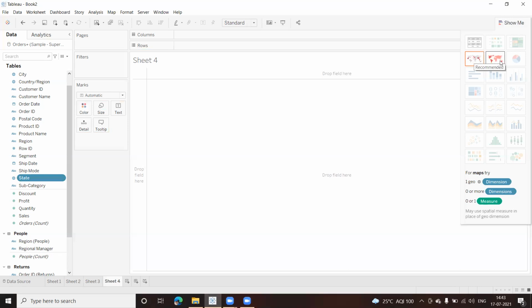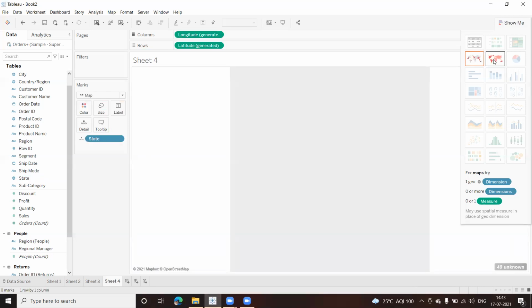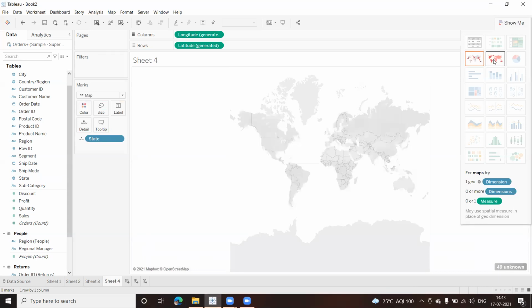Now this is the default one which has been shown. I won't take this one. I'll go to the other one. Click on this one, everyone. If you're doing it, click on this, see what happens. Okay, so I get a chart like this, a state. Fine. Now, why are the states not getting displayed? Let me click on this.